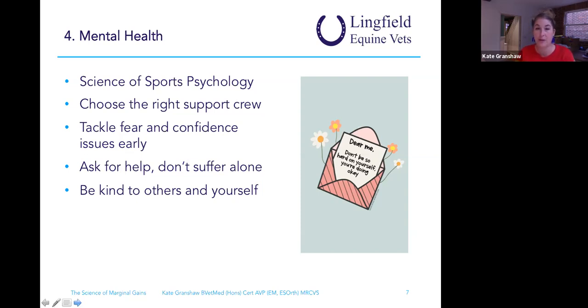They will be employing sports psychologists to work alongside our equestrians to make sure that they're in the best possible headspace for competition and that they're able to perform to the best of their ability. They also have a huge amount of social media training and all of these different things that come with it, but it's still relevant to the average Joe, people like you and I, because I don't know about you, how